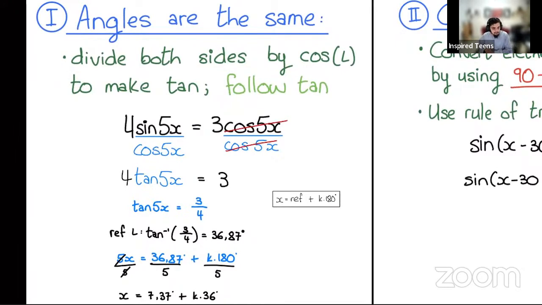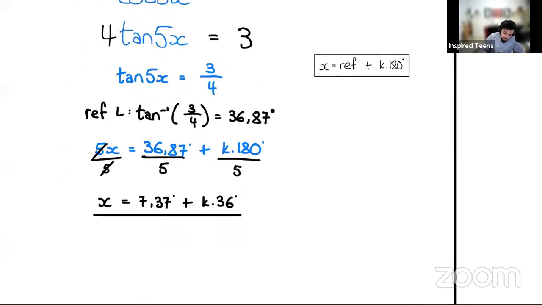When the angles are the same, and you have a sine and a cos, not tangent and cos, it has to work with only sine and cos, because you want to create tangent by saying sine divided by cos, ensuring that the angles are the same. So you divide both sides by cos, and this cancels, because sine 5x divided by cos 5x is just 1, and 3 times 1 is just 3. Then when you simplify sine 5x over cos 5x, you get tangent 5x. Then you have one trig ratio. Isolate your trigonometric ratio and solve for the general solution.